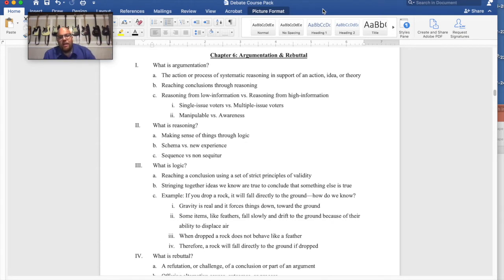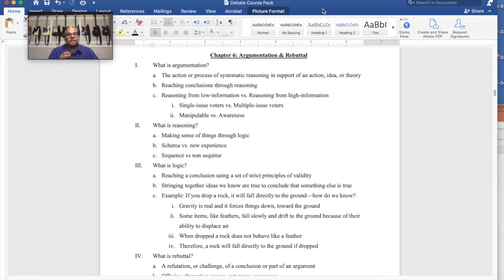Maybe they are a single issue voter, and you see that there, and that person really cares about one particular thing. You'll see this a lot with, for example, reproductive rights, abortion, that kind of thing. Some folks will say explicitly, I don't like particularly Donald Trump. I don't like what he does, what he stands for. The Republican Party seems to be the party of Trump, but I'm still going to vote for them, even though I don't like them at all, because they support life. And you'll hear that. That's a single issue voter reasoning from low information.